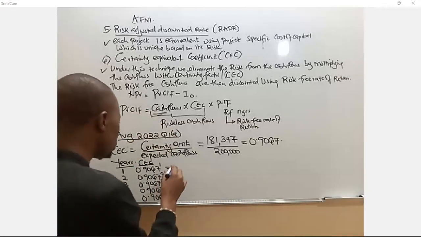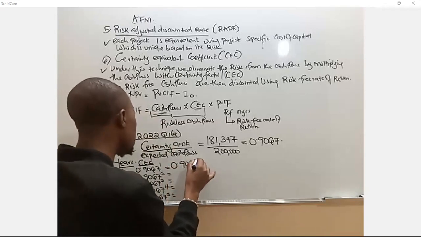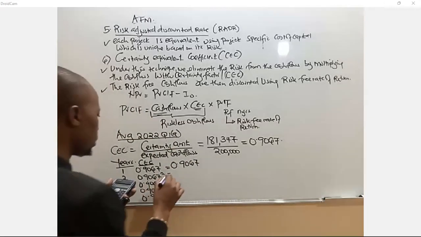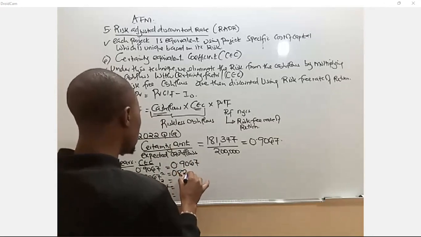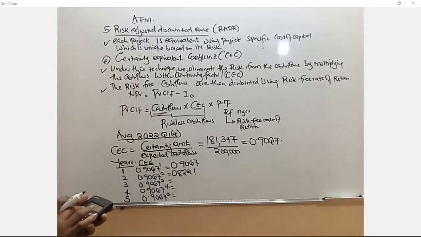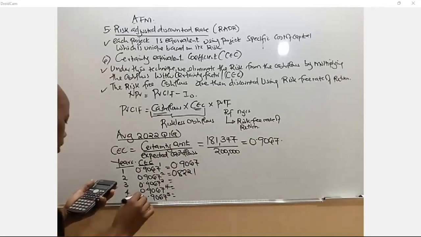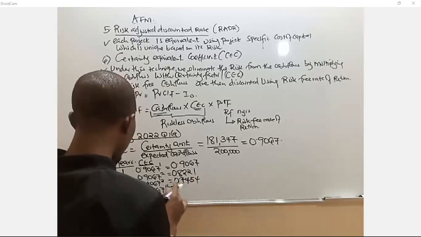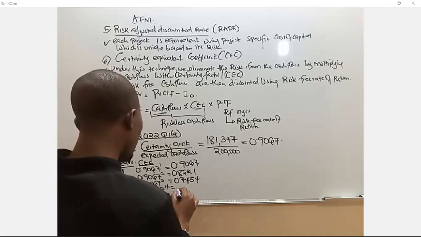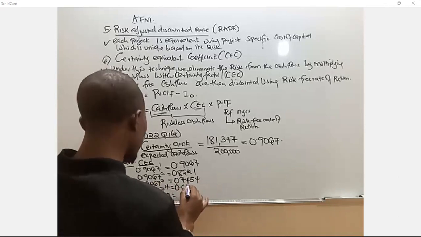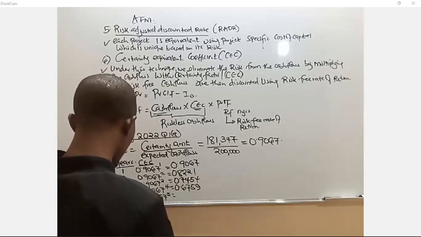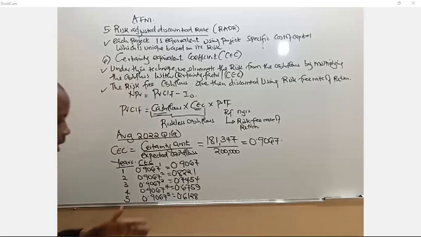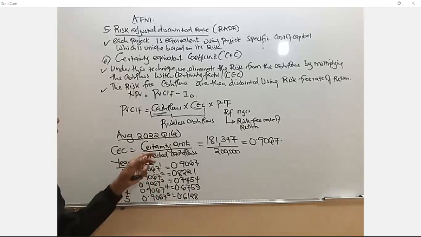So the first one, I don't need to use a calculator. It will be 0.9067. The second one will be 0.9067 raised to power 2, getting around 0.8221. Let me just go to raise power 3, getting 0.7454. The other one, we raise power 4, 0.6759. Then the last one, which is 5, you're going to be getting 0.6128. Those are the discount factors which you are going to be using to remove the risk existing on the